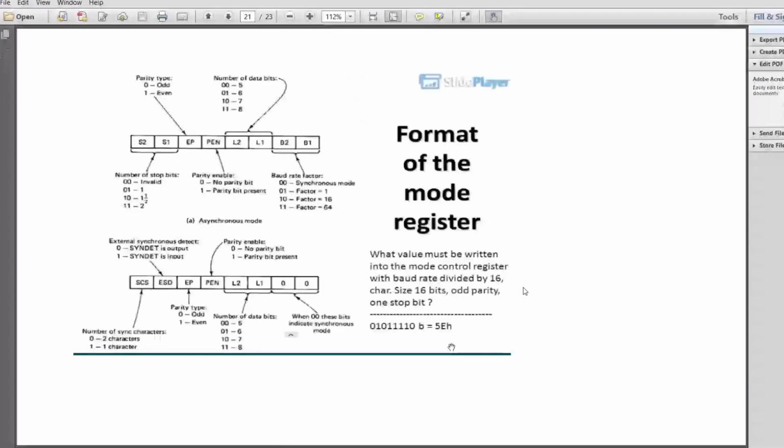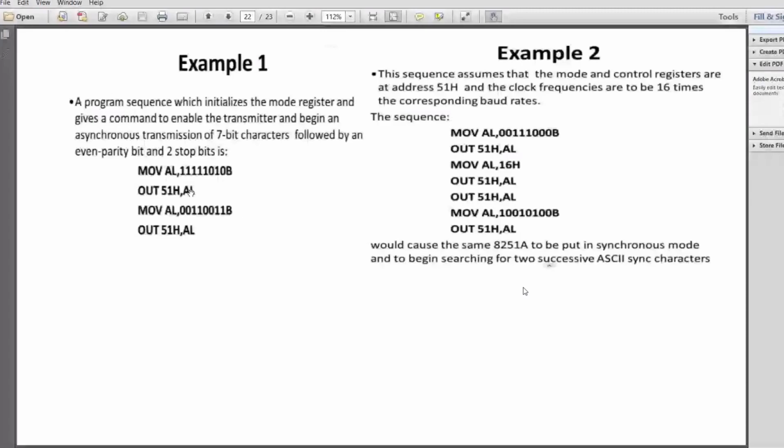So if you have set a particular mode word, you put it in the mode register. Mode register and command registers all will have C/D bar given out by A naught. So our address A naught is identified from the 51's A naught.